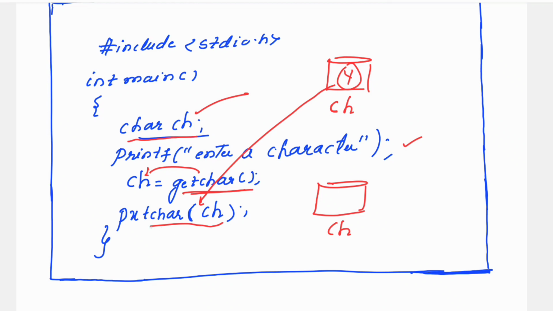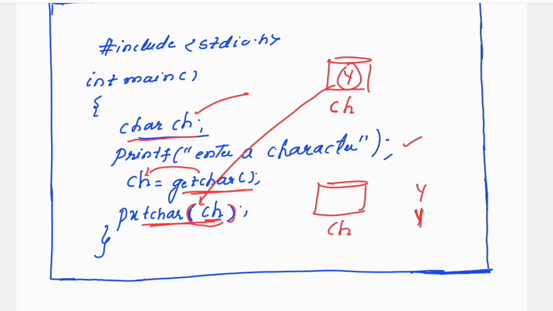using putchar. So you have to write down what? putchar, follow the syntax, in the brackets you are going to write the variable name. So with this, the output will be printed. So enter a character, the user will enter. Then once again, to print the character, you have to use putchar,